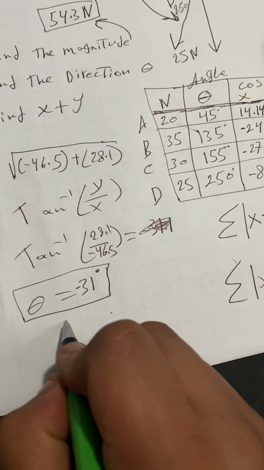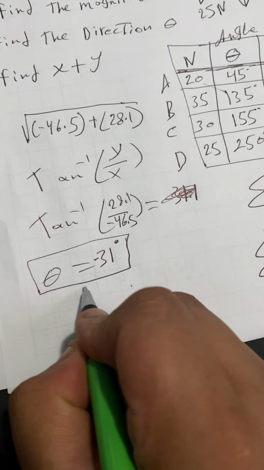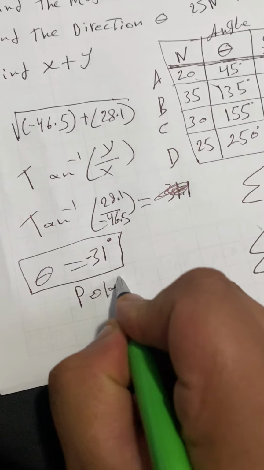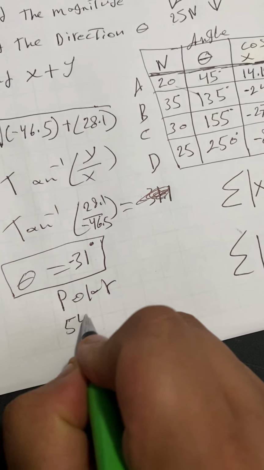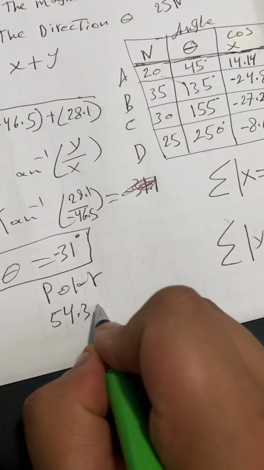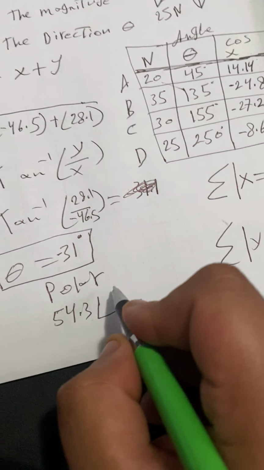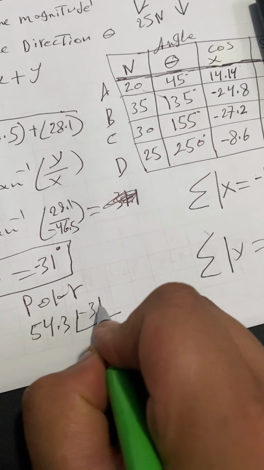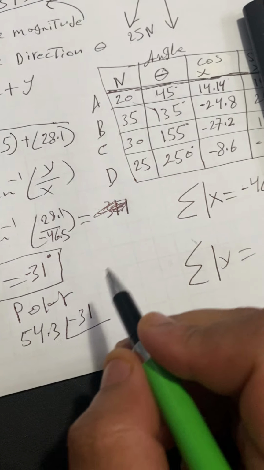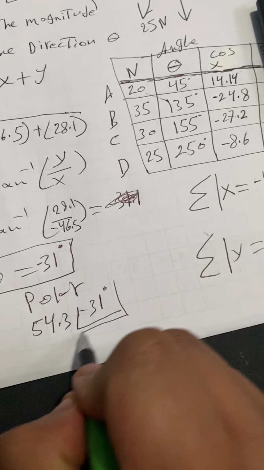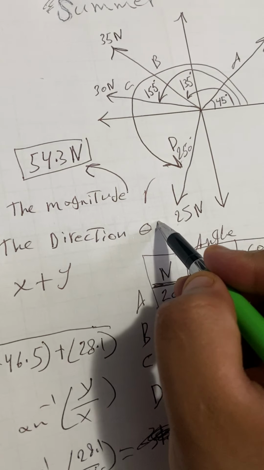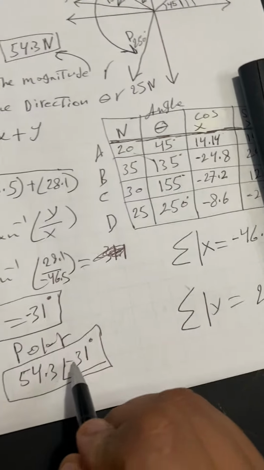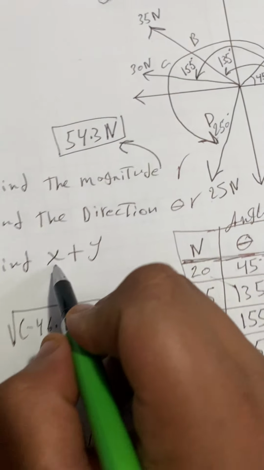And that's gonna be in here. You can write it like this in a polar. You can do in a polar like this. In a polar formula. 54.3, it has negative 31 degree. And that is the answer. And then we have one more. So we did this one, the magnitude, the direction, which is the tangent, this one 31. And then x plus y, you just put